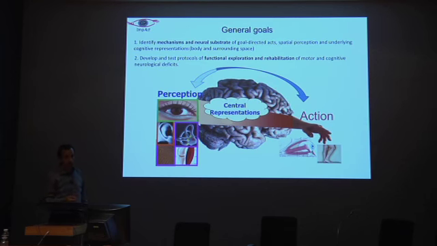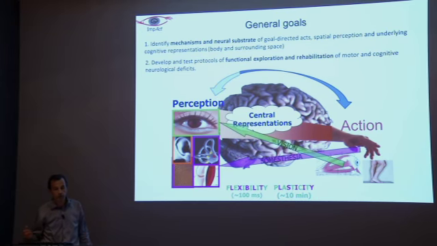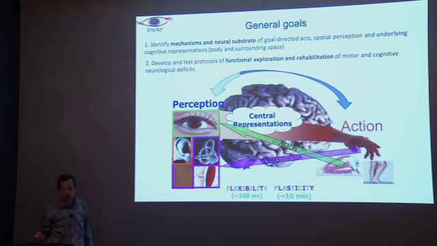And we are mostly interested in upper limb movement, eye and gaze movements, and motor control of the lower limb to control posture. And in the other direction, these movements produce feedback signals, essentially visual and somesthetic feedbacks, that can modify the action online. This is what we call the flexibility mechanism, or can, by training or by adaptation, modify subsequent actions when we make systematic errors, this is called plasticity.